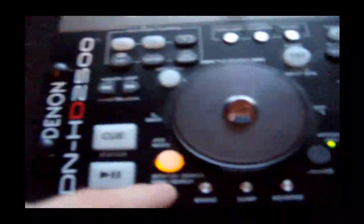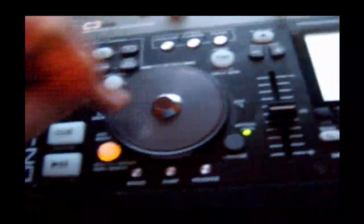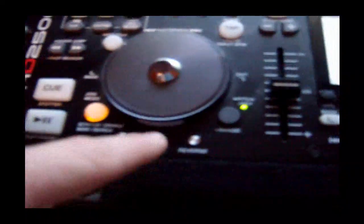You have your basic cue, play, pause. You have this little button right here, which is the jog mode button. You actually can either set it into scratch, which is the file search, or bend. Okay, either way, you can use it for whichever way you prefer. You also have a break, dump, reverse, echo, loop, flange, and filter. You also have an auto input BPM meter, and you have a playlist button, which once you press it, it'll